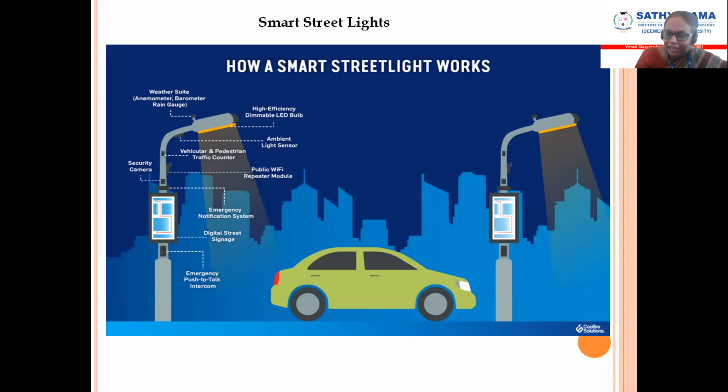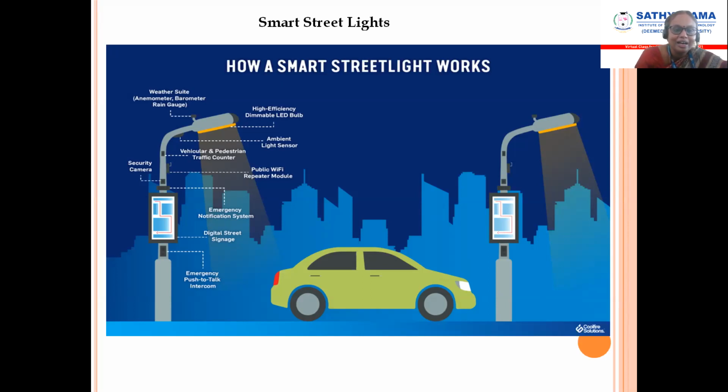Actually, in our college campus also, I think your senior batch have done the same thing. Whenever we go, only at that time the light will glow. Otherwise, the light will be off. Using an IR transmitter and receiver, they have done lighting near our IRC. Automatically the light will be turned on. But the only thing is, it will work only whenever a person is detected. So they put a PIR proximity sensor,